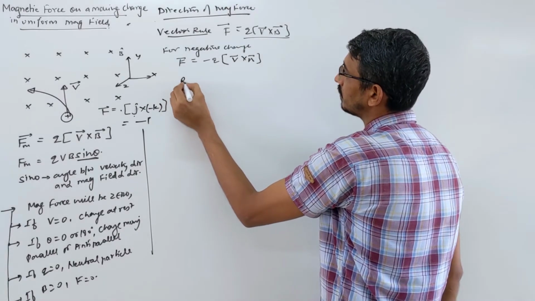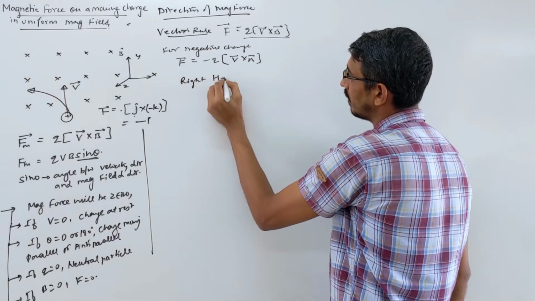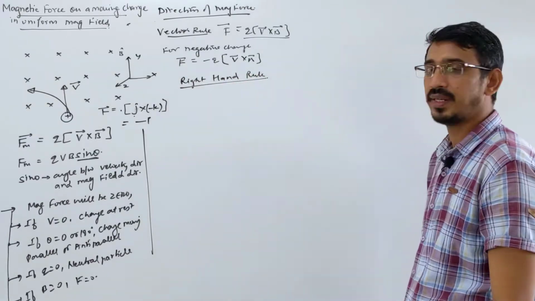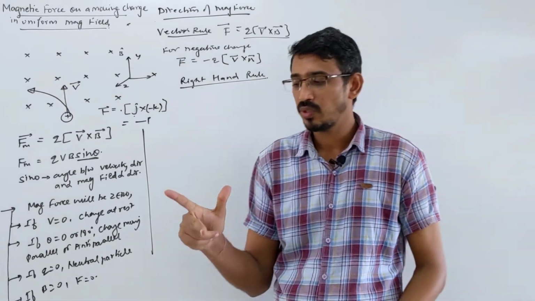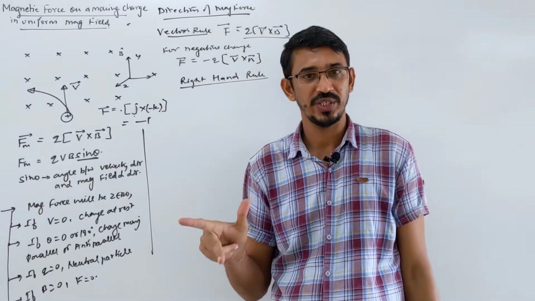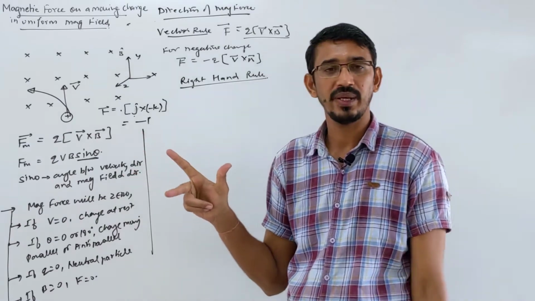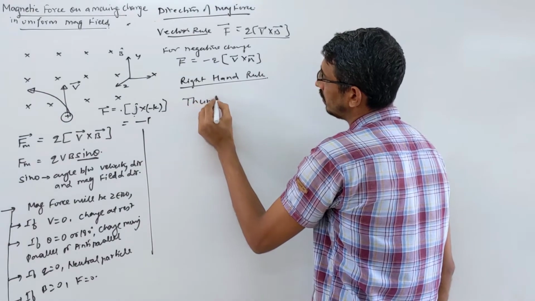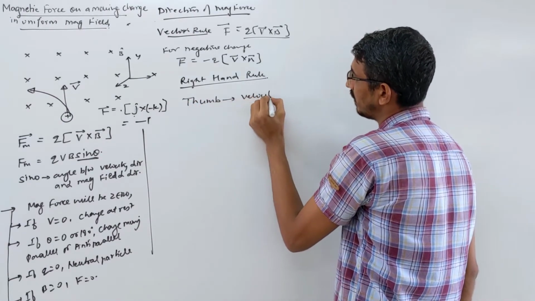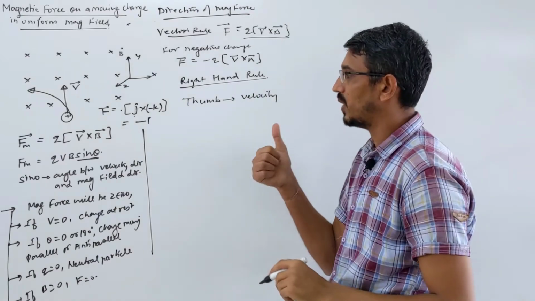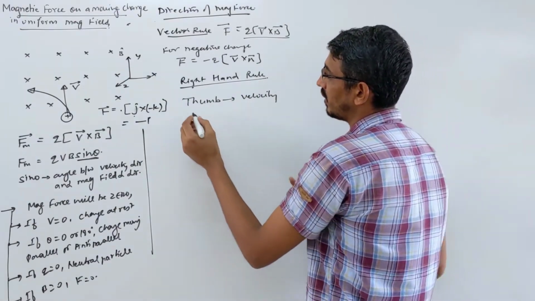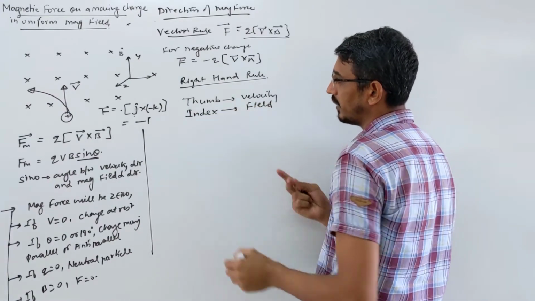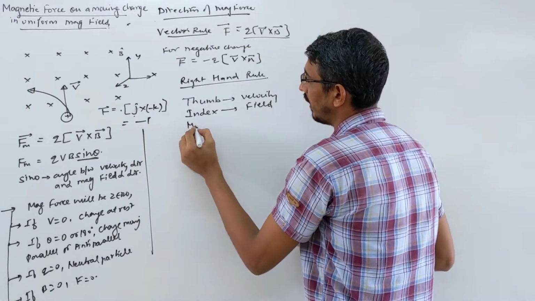Hand rule is what? It's called right hand rule, okay? So in right hand rule, what do you do? This is the right hand, you spread these two fingers and thumb perpendicular to each other, okay? Yes, these three fingers perpendicular to each other. Then what it will show? Thumb shows direction of the velocity, correct? This forefinger, or you call it index finger, this shows direction of the field, correct? Then your middle finger will show you what? Direction of the force.